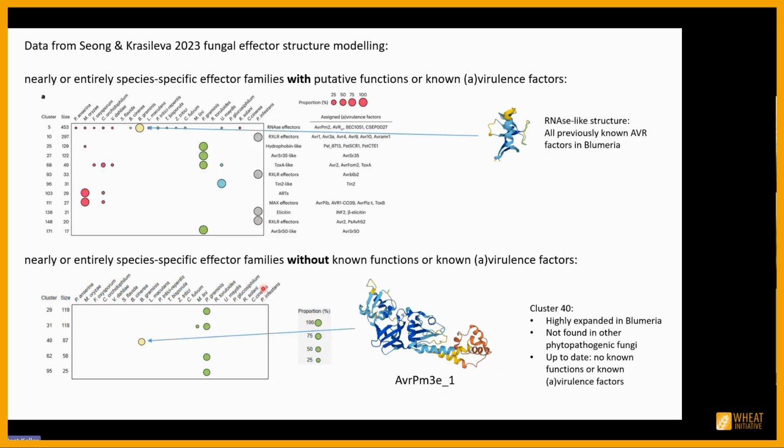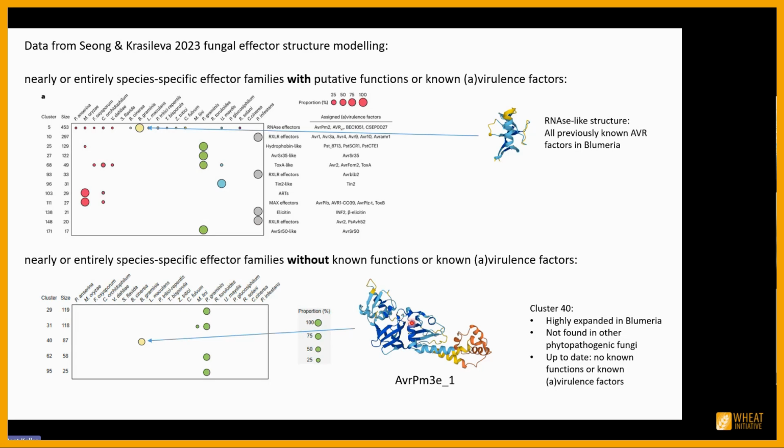This AVR belongs to a large family which is called cluster 40, and this is highly expanded in Blumeria. If you look at a study from the Krasileva group 1 year ago, where they did fungal effector structure modeling, they found that of course there is this RNase-like structure which is expanded. This gene family is expanded very much, but then there is this cluster 40, which is also highly specific for Blumeria graminis and highly expanded. And now we have, for the first time, a function for one of these effectors that